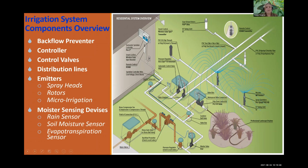And from there, you go to your valve box. Each zone will have a valve. So if you have 5 zones, you're going to have 5 valves. If you have 3 valves, you're going to have 3 zones. So once you get to that,